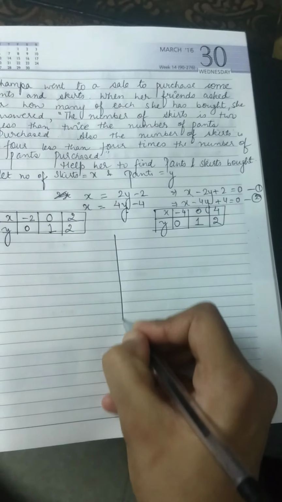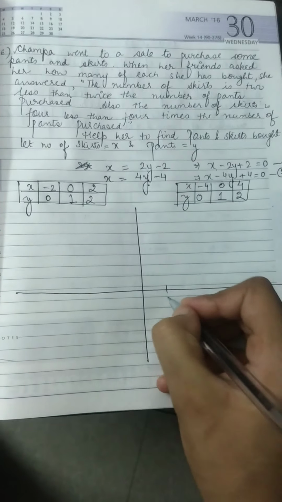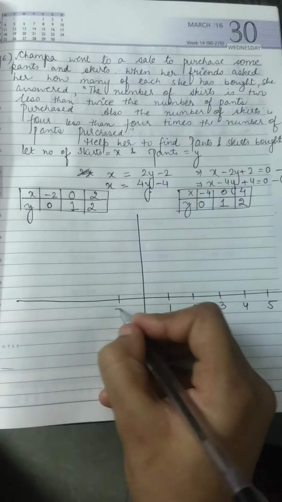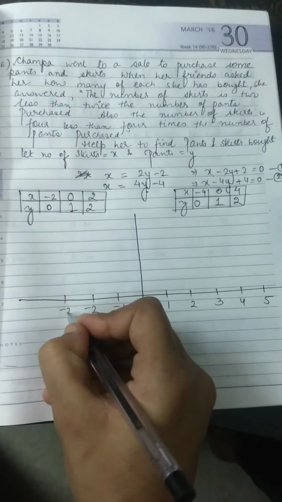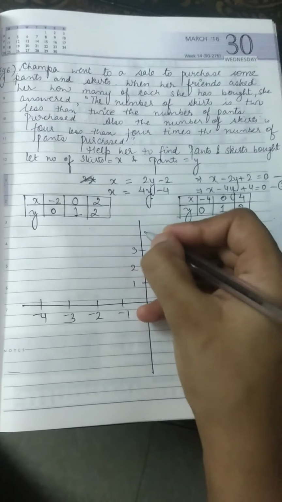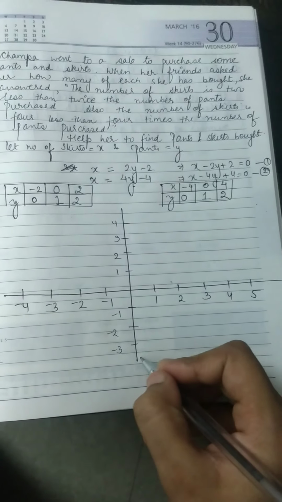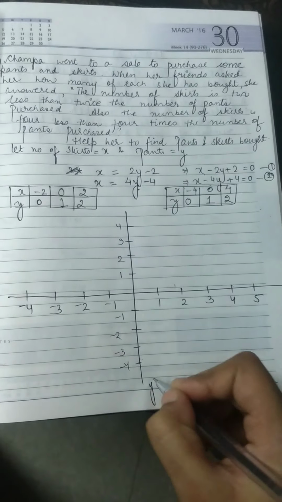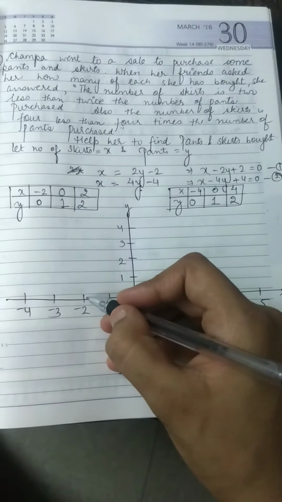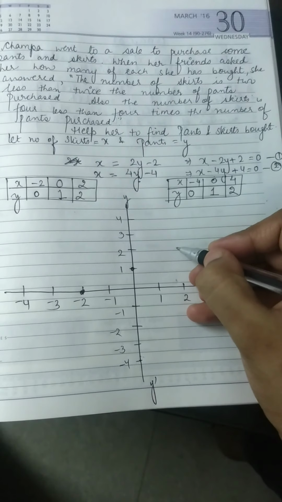So now we'll draw a graph. Here 1, 2, 3. Always draw these on graph paper. I am drawing on a rough sheet, but you draw it on graph paper. 3, 4, minus 1, minus 2, minus 3 and minus 4. Label it as Y', Y, X, X'. Minus 2 comma 0 is here, 0 comma 1 and 2 comma 2. So it will be here.